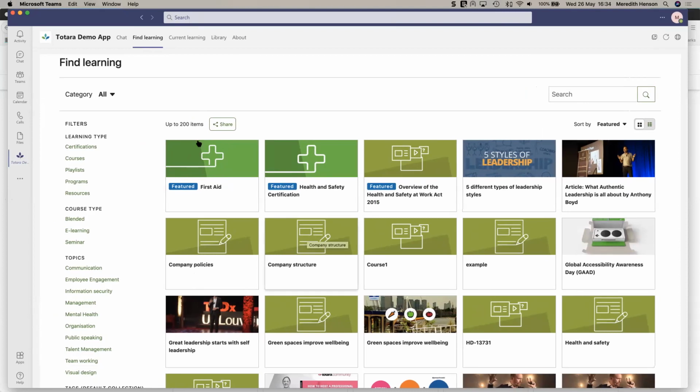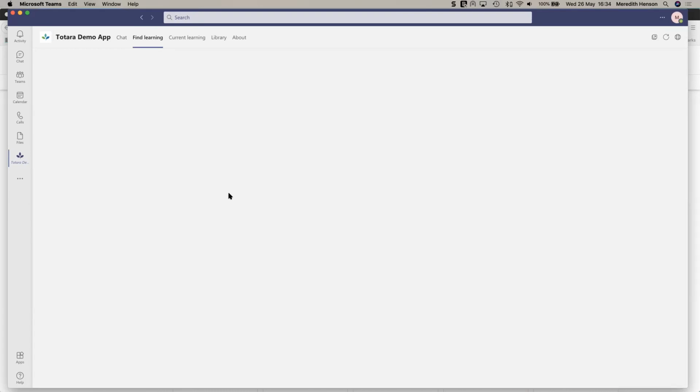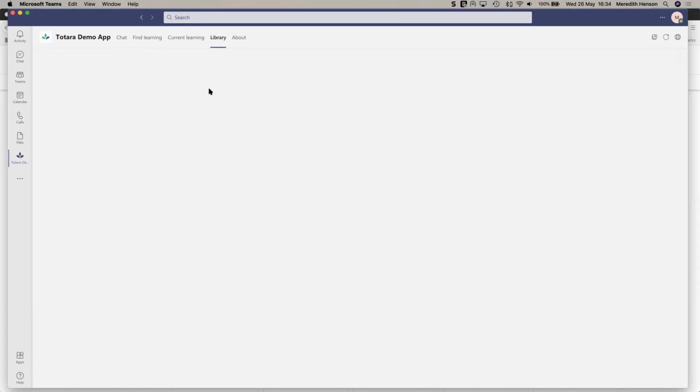But you can see here that I'm in MS Teams, but I'm also in my Totara site, and I can browse and view different resources within the site. I can interact with that content, so I can provide comment, and this is all within MS Teams. So this provides a single sign-on, one-stop shop learning in the flow of work if you're running MS Teams across your organization. So I can view and access new content. I can complete courses. I can create my own content as well.